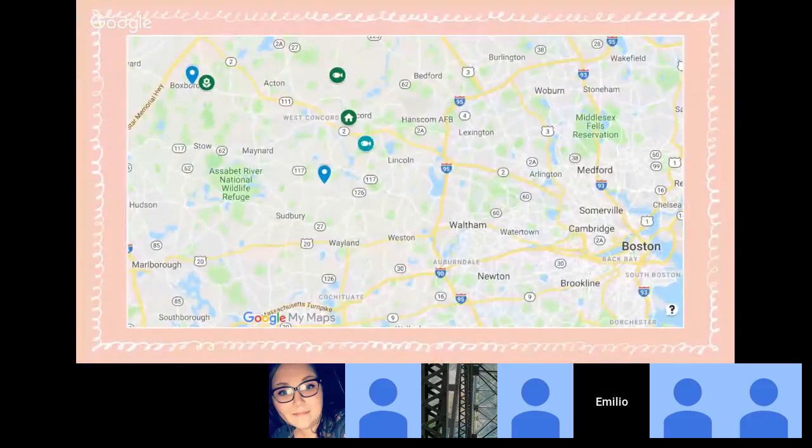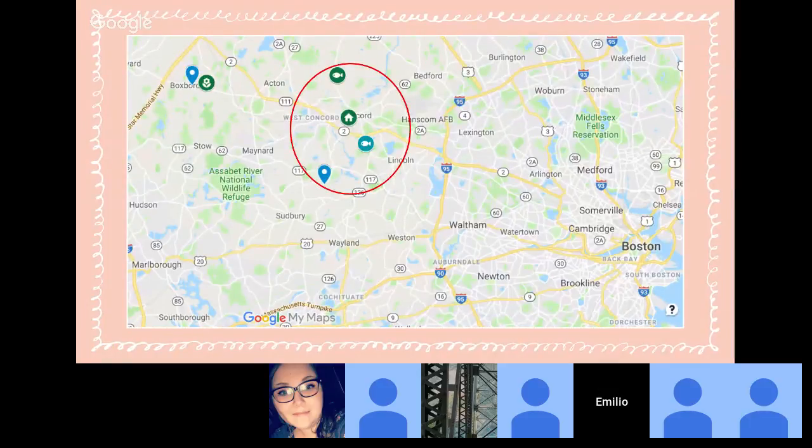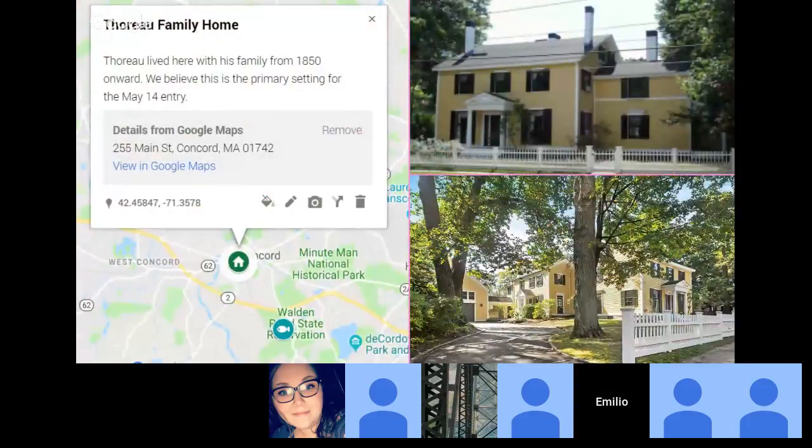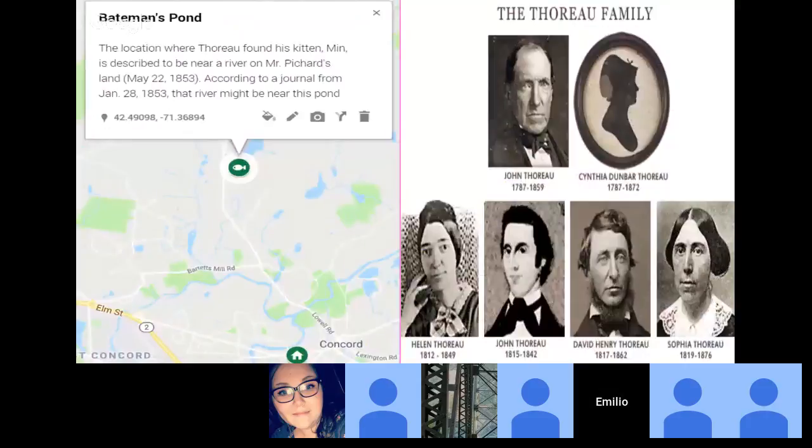Next, we're going to go into May 14th, which centers mostly around Concord. We're going to go from the house icon up to that green fish icon. And for reference, the blue fish icon is what we want. But basically, we think that this house over here is on 255 Main Street, Concord. This is Thoreau's family house, and we believe it's the setting for the May 14th entry, because even though he doesn't explicitly say it, we do know that it takes place in the house and that the kitten is most likely his. So as for the kitten, after doing a little bit of research, we found out that